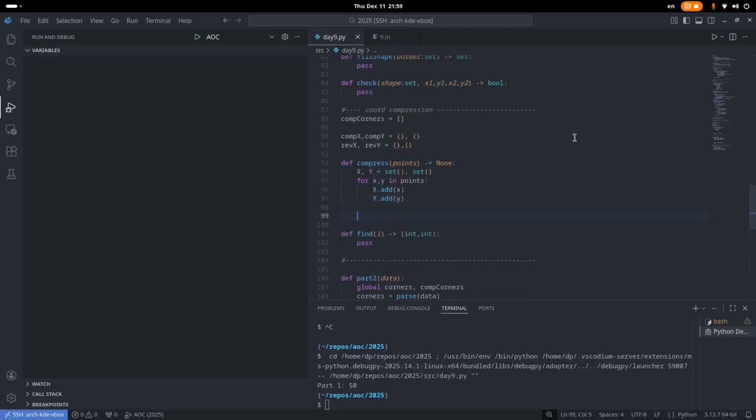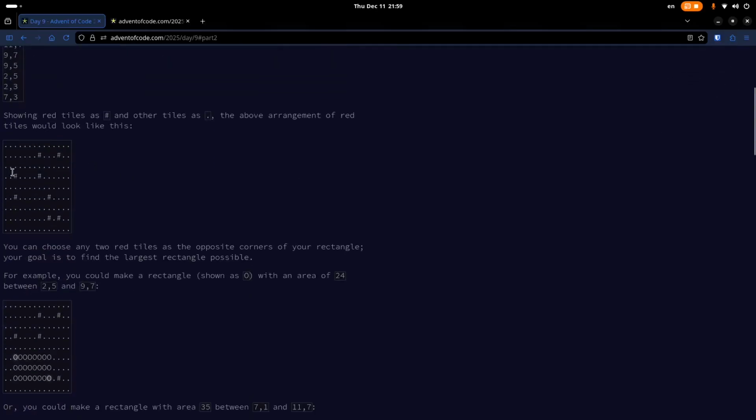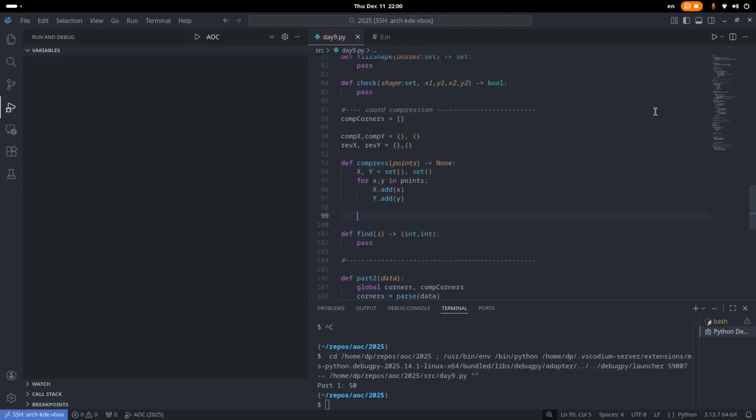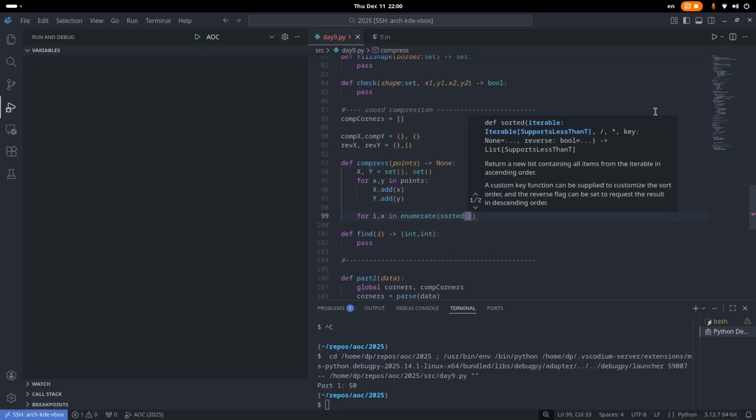And then let's create the mapping. So as I explained, we're basically going to take this row and make it 1, and then 2, and then 3, and then 4, and then the y direction 1, 2, 3, 4. So what we'll do is use enumeration. So we'll say for the index of x and the x itself, in enumerate, and we want the x's in order, for sorted x,